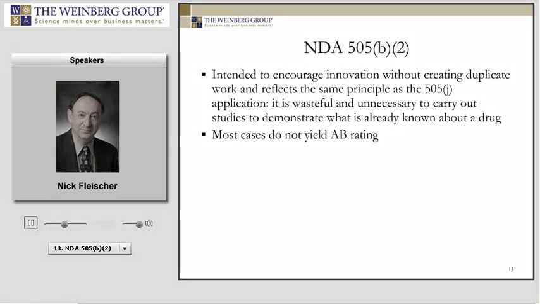The ANDAs nowadays, post-1984, any ANDA that is approved can only be approved if it can get an AB rating or an A rating to the innovator product and be recognized as fully substitutable for that product. However, a 505(b)(2) NDA does not, in most cases, get an A rating. In most cases, if it does meet the pharmaceutical equivalence criteria, it could potentially just get a B rating. But in most cases, since the 505(b)(2)s, and I will list examples later, are so different that they just couldn't even be listed as the same line item in the Orange Book.